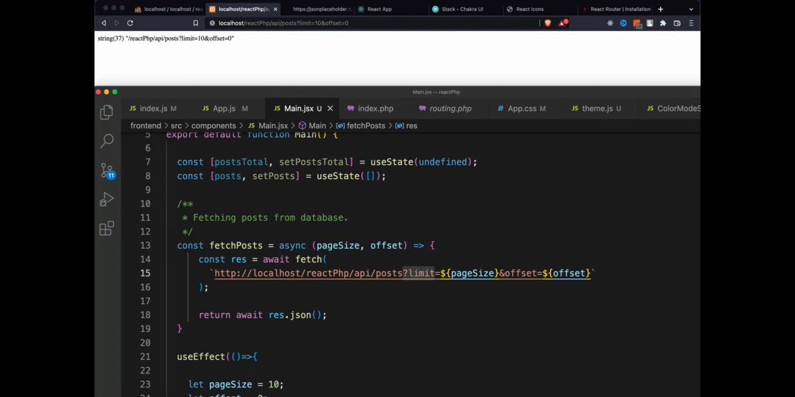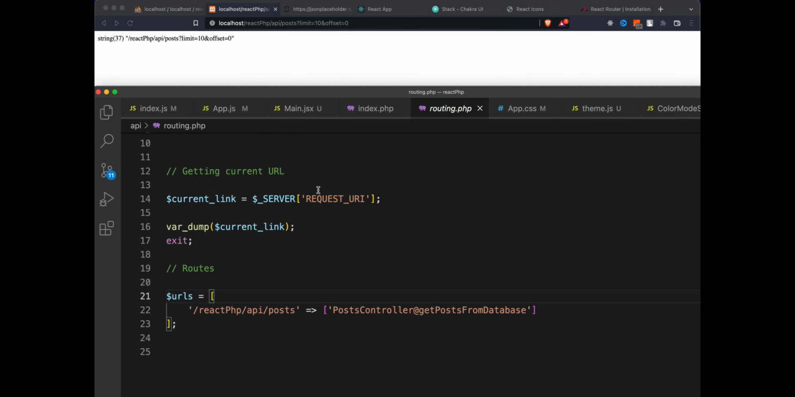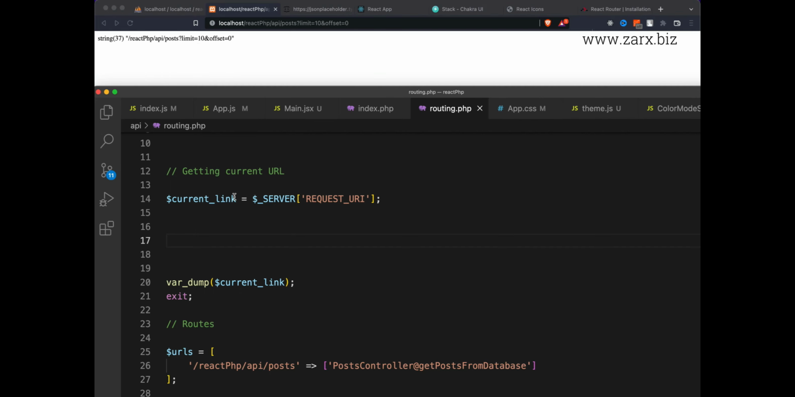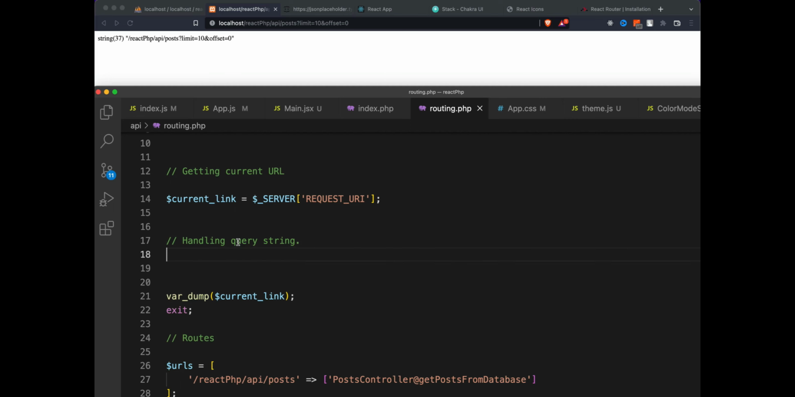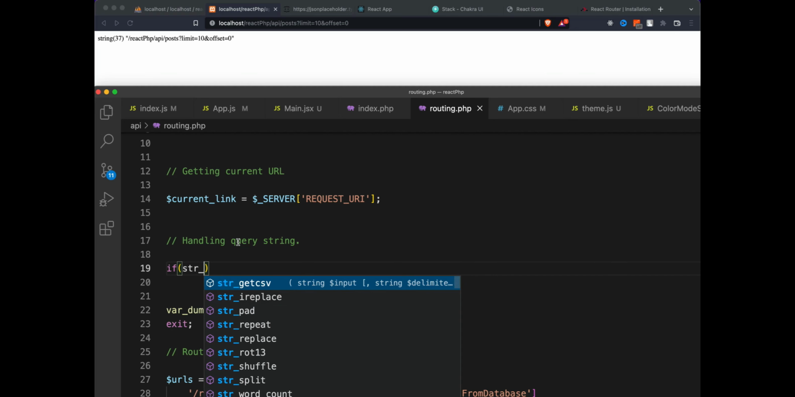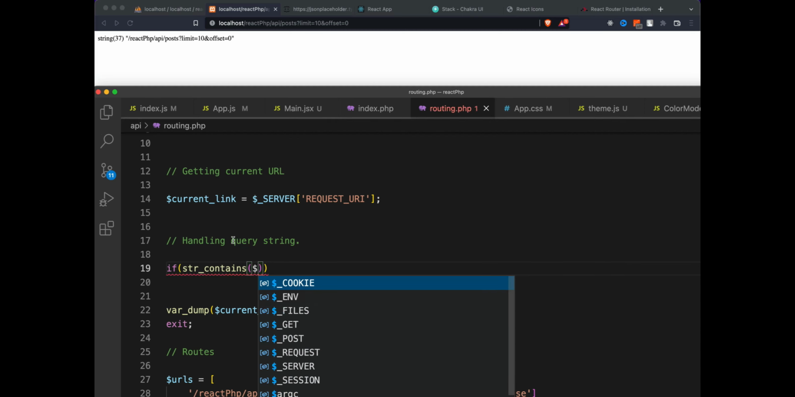Okay, so we're getting this. Now we need to extract these values. So we go to the routing.php, and there we write the functionality. Now we know that we have this coming, so we can look for it. So, handling query string, and here we say if string contains, all right, so it's a $currentLink,